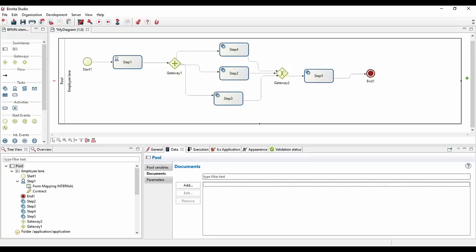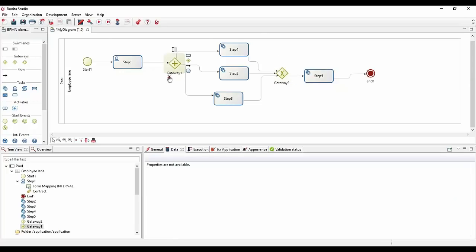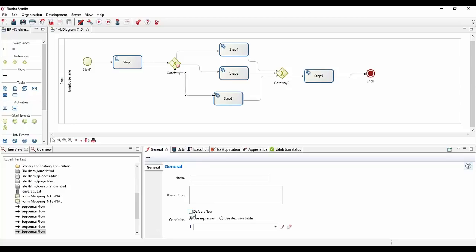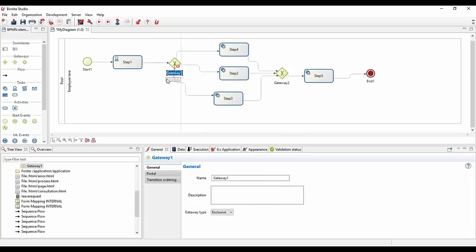All right, so I got a question. So I can show you quickly. That's actually something that often happens. So if I try to do exactly the same thing as what you have, you should have this gateway here that is exclusive. If you have an exclusive gateway, what you need is to make sure that you have these transitions as defaults. So that's what I have on this one, for example. I just pick default flow here, and you can spot actually that it is a default directly from this little sign.